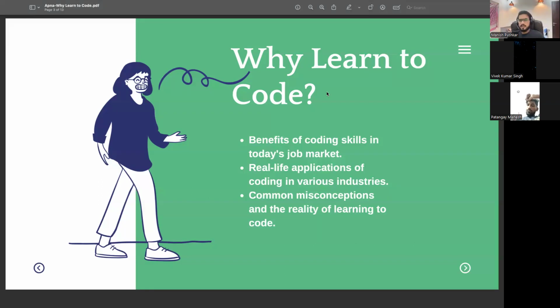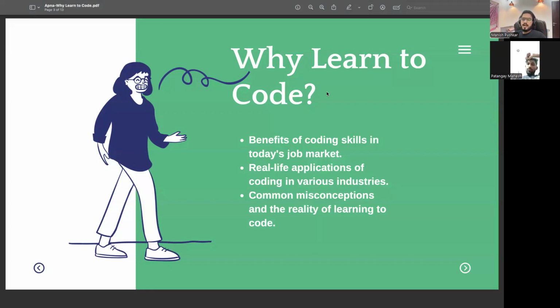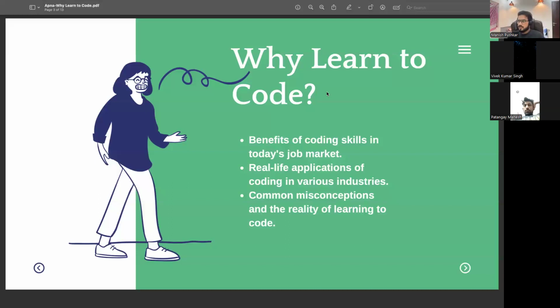Now the second thing, if you try to understand the benefits, what's in it for you if you start learning to code. The first thing is that the demand is good. And why is this demand high? Because this is the golden era of the internet, is what I feel. If you take the data of YouTube or any other social media platform, year on year a lot of users are stepping up onto the internet.